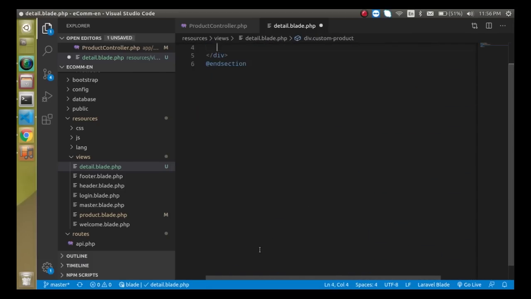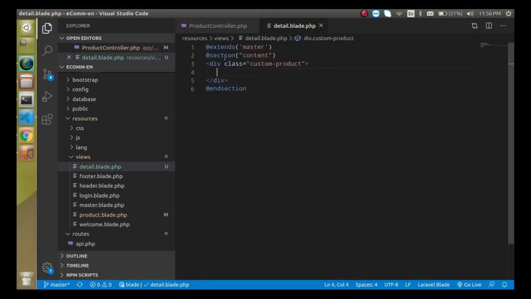We just need this extends and section content, and let's create a container here, right? That's all. And now we need two more divs, one for row because this is the bootstrap structure,